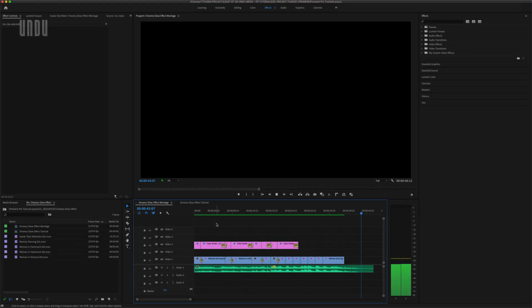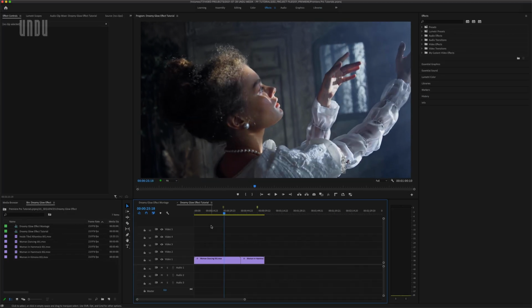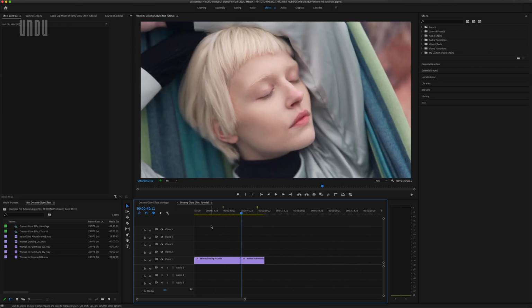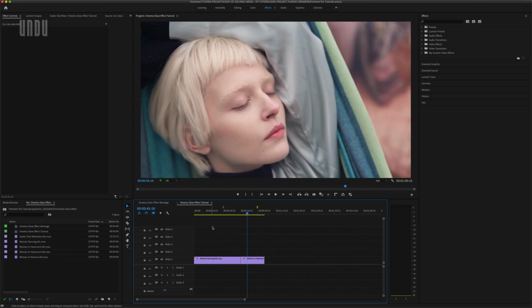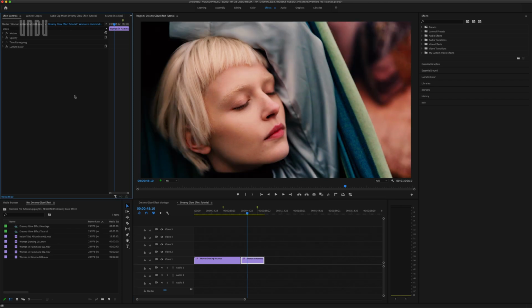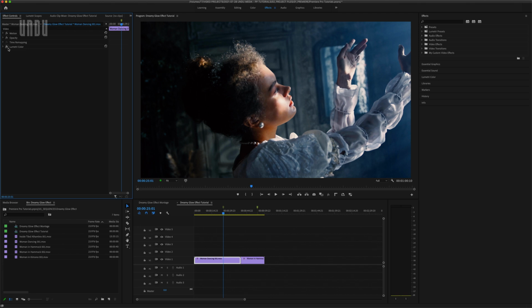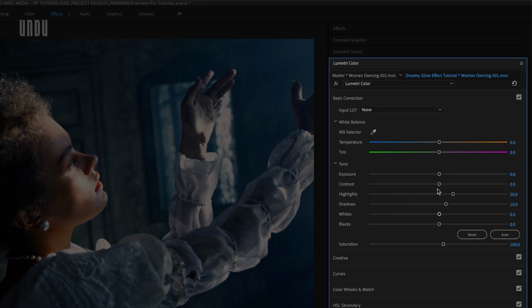Alrighty, so let's dive into this. I've got another sequence set up here with a couple of the clips from that before and after. The first is sort of dark and moody and dramatic, and the second is a little brighter and dreamier. And I've already added a quick and dirty color grade to each of these. You can grade your footage any way you like, but I want my glow to be really obvious for this tutorial, maybe even a little over the top, considering the different device displays you might be watching this on. So I selected a pretty high contrast look for each of these in the creative panel of Lumetri, and just made a few basic corrections to each of the clips.